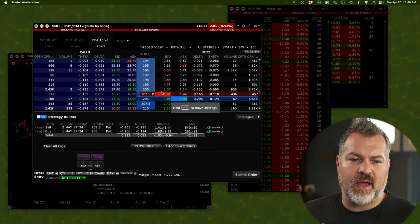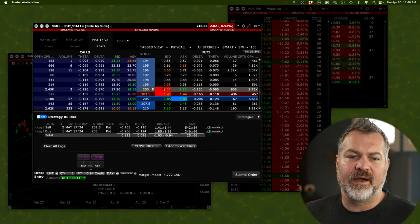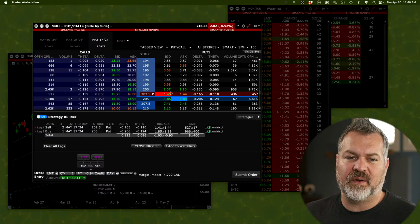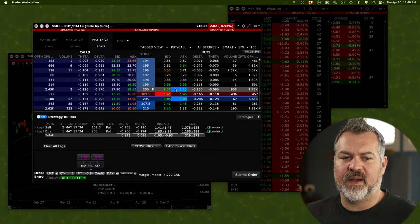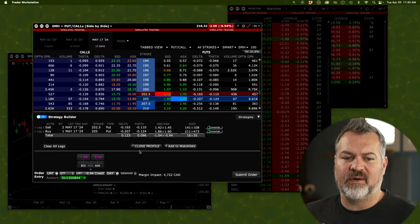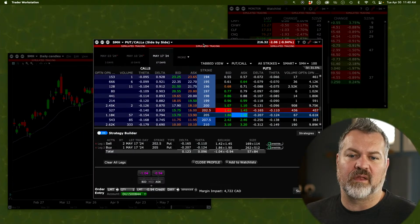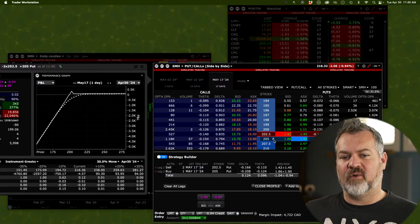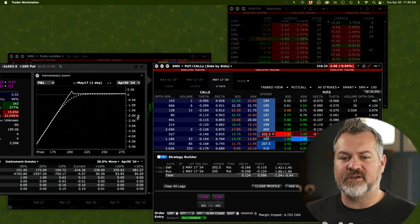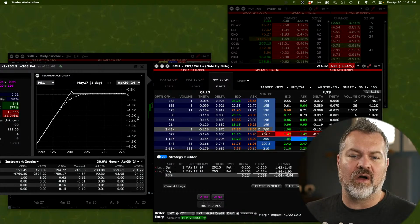That's collecting about $100. Comparatively to that 200 short put, this is a much stronger trade because you're getting the same $100 comparatively to selling the short put, but you have a profit profile that allows you to make more than $100. So if I was comparing selling the short 200 put or doing the ratio spread at the 205 long and two of the